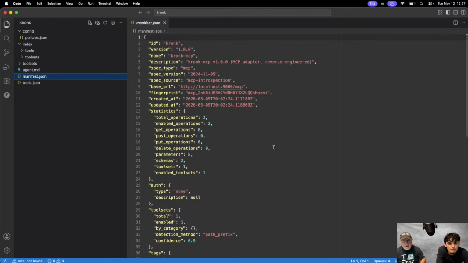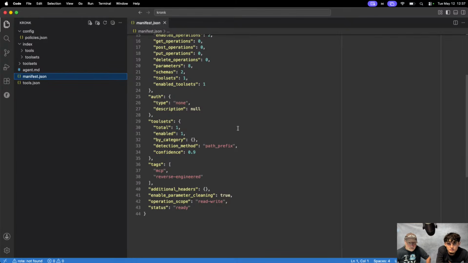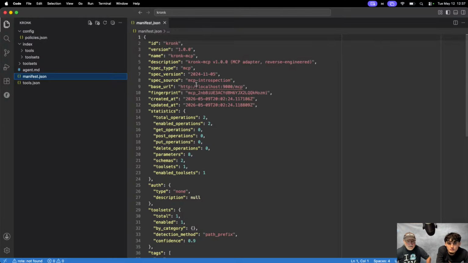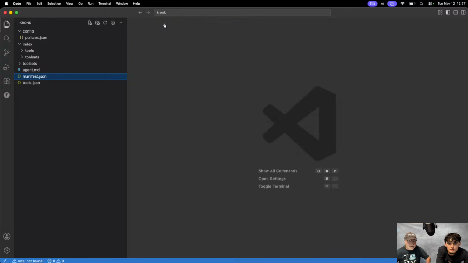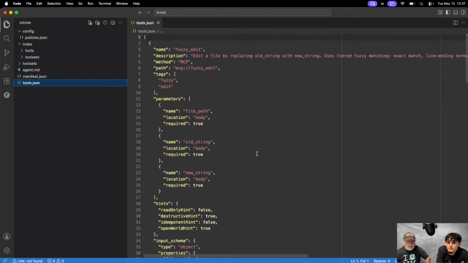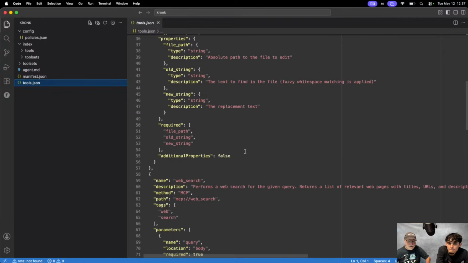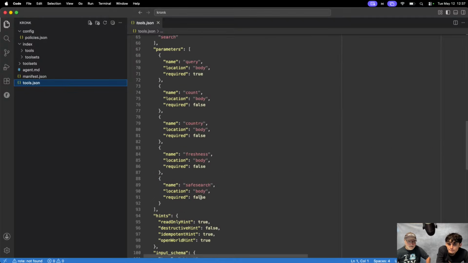It then created a manifest and has some fingerprints, and some statistics. And then this is direct information about the tools that we had in there, fuzzy edit and web search.